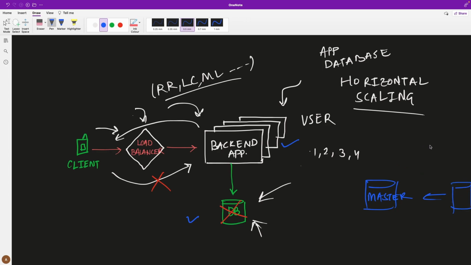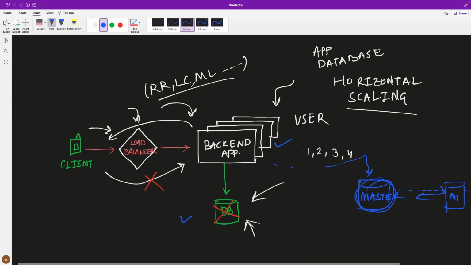All the writes from this application will go to this master, and once the writes have happened on this database, it will send a copy of the operation to its follower node. It's the responsibility of this follower node to apply the same operation on its data. So at any point in time, whatever changes have happened on this database will also be on the follower.